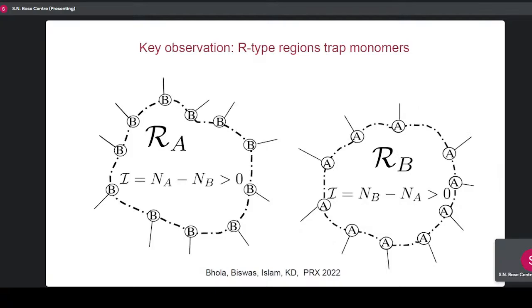Because if you think about it, in any maximum matching, by which I mean you want to cover as many vertices as possible without letting two dimers collide, if you had such a region in the lattice, all the B sites on the boundary would have to match inwards. And even after doing that, you would be left with these many more. Right? So that was the first clue that there is some way of thinking about it that's very StatMech.